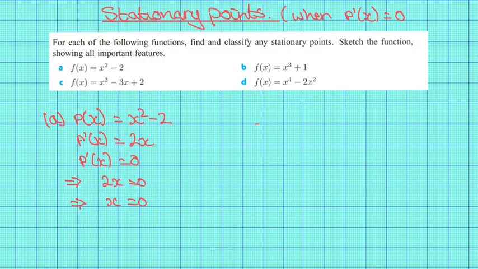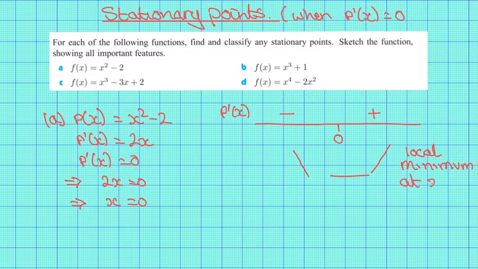So if we draw our sign diagram for f dash of x, we know there is a stationary point at x is 0. So if we test a negative number, say -1, so 2 times -1, it is negative. Then we try something positive. So try 1. 2 times 1 is 2, which is positive. So we have negative, 0, positive. So we have a local minimum